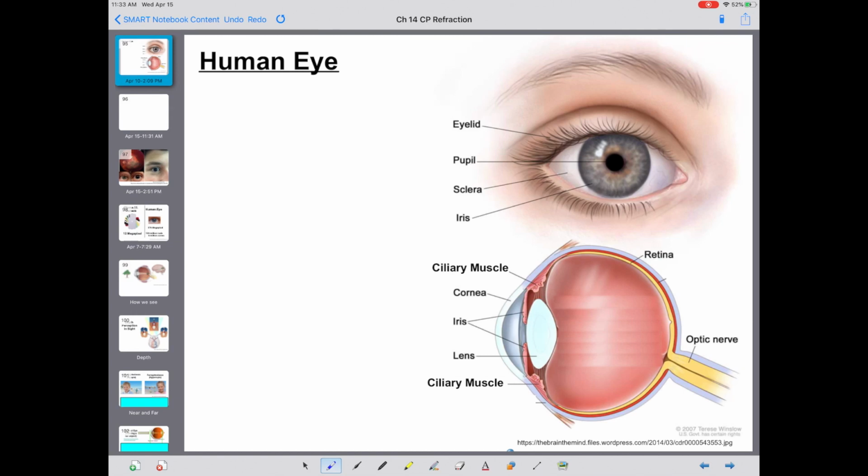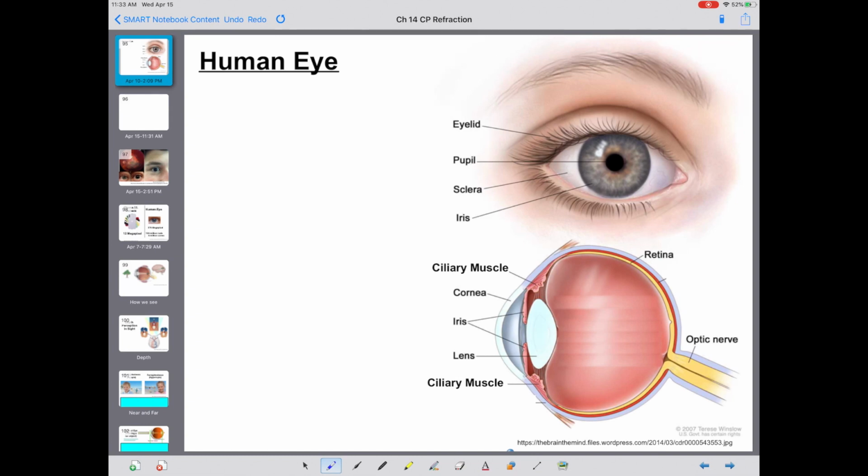Welcome back to physics. Today we're going to deal with applications dealing with refraction and lenses, specifically the human eye and how you see. So I've got two diagrams over there to the side. Top one, kind of an overview. The bottom one, some of the more specific parts. We're not going to focus on all the biology. Rather, we're going to focus on the parts of the eye that are relevant to the refraction and to how